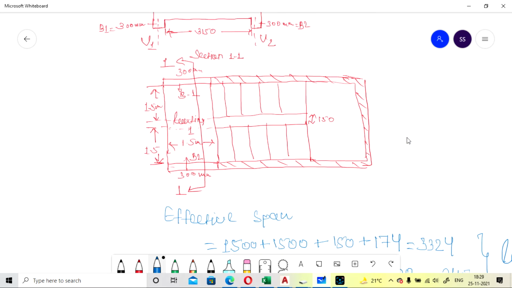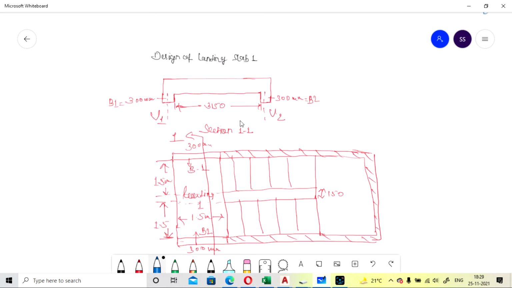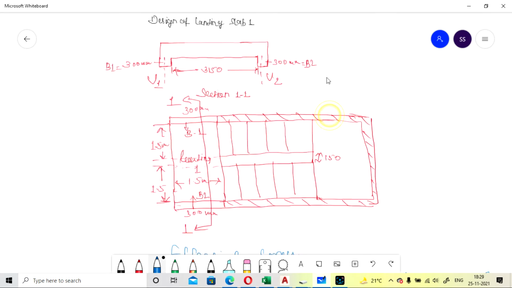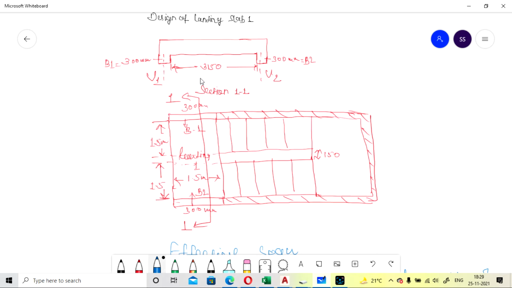This section is cut like this, section 1-1, so it will look like this. The total distance between beam 1 and beam 2 was 3150, how: 1.5 plus 1.5 plus 150 is equal to 3150.